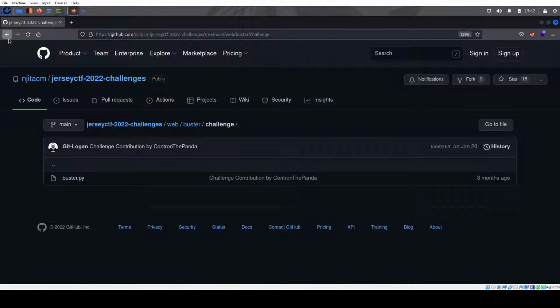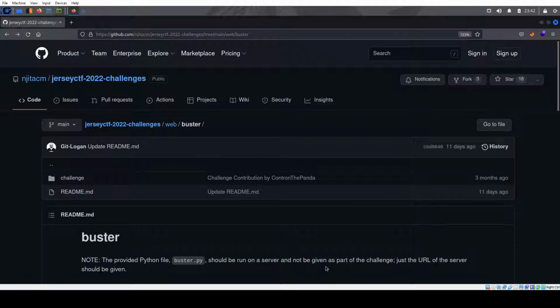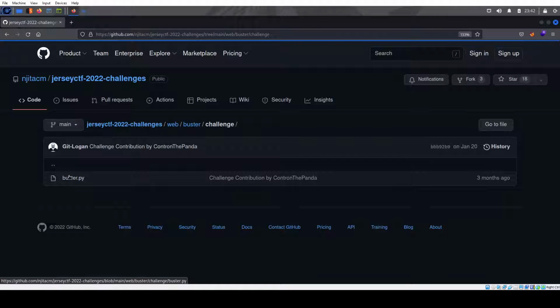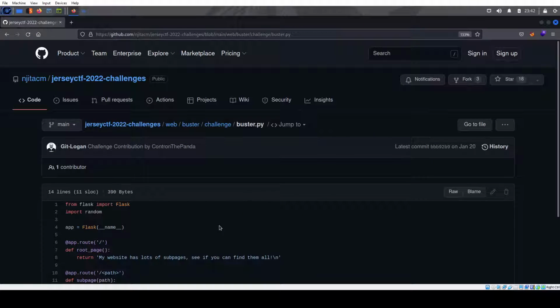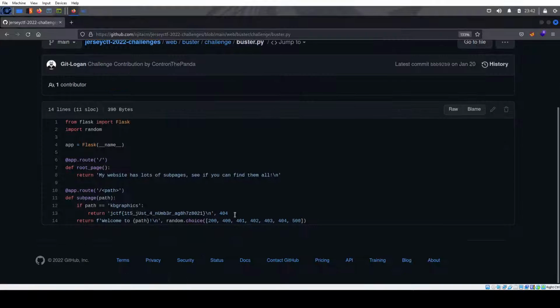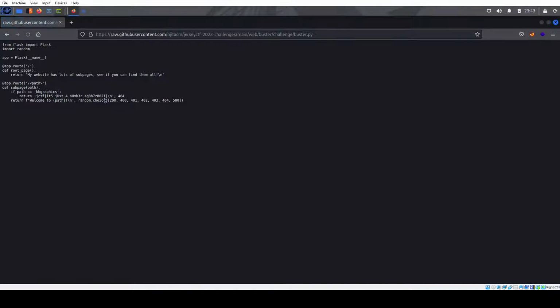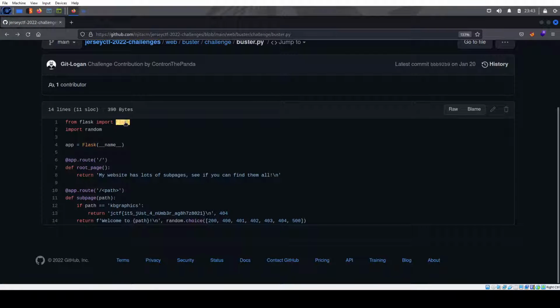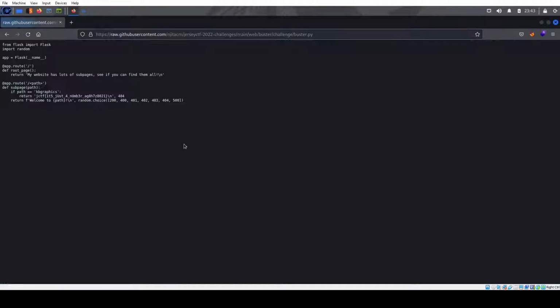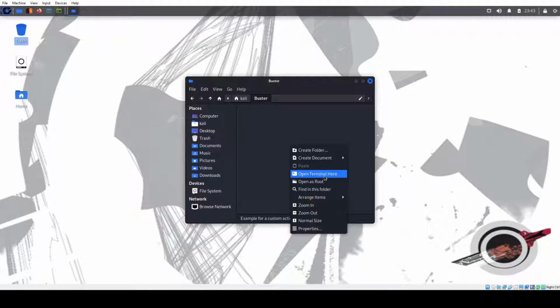And then we go to the challenge. Okay, I was trying to read what this note said. Okay, there's just a note, I guess. It makes sense. So we get it here, and there's a whole thing, and I know the flags are there, but this is pretty much the code, so I won't spend too much on it. You can if you like, but it uses the Flask web framework, which is a Python framework to build web pages. So click raw, highlight the whole thing, copy it,